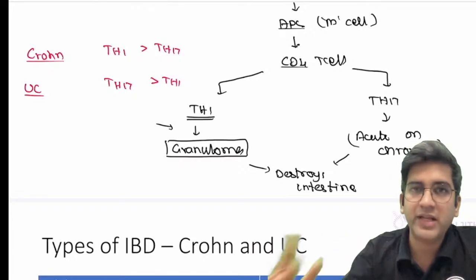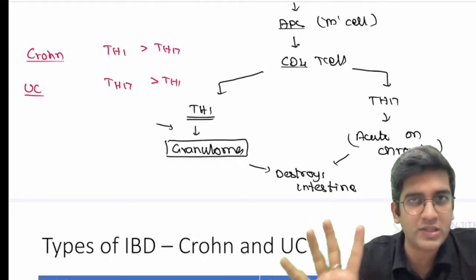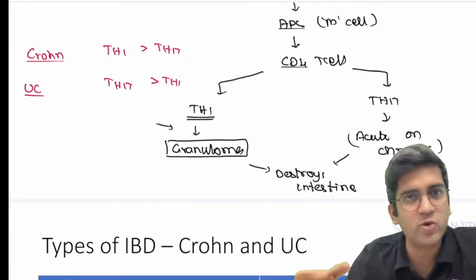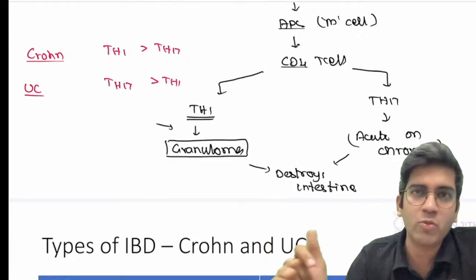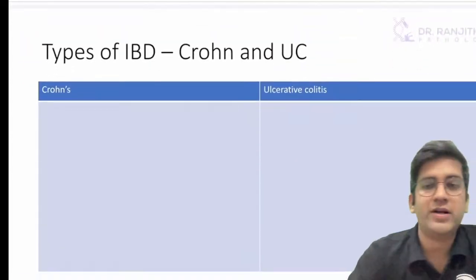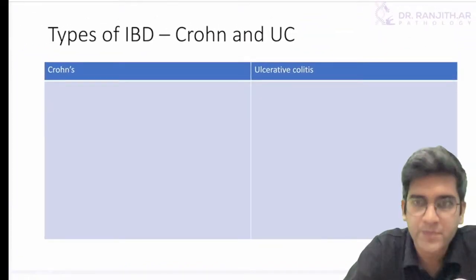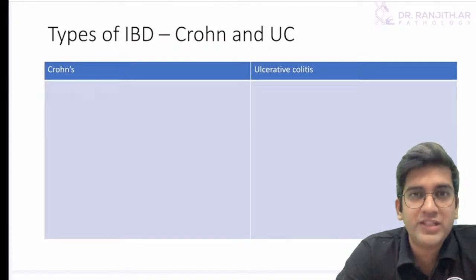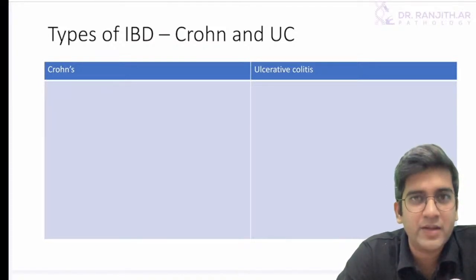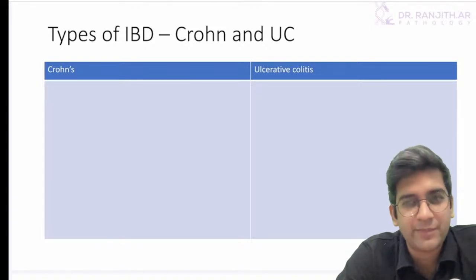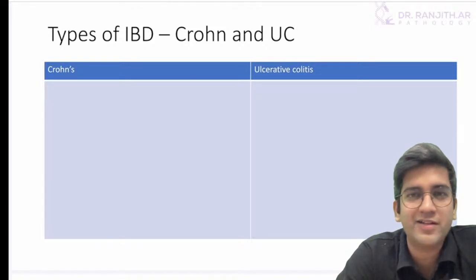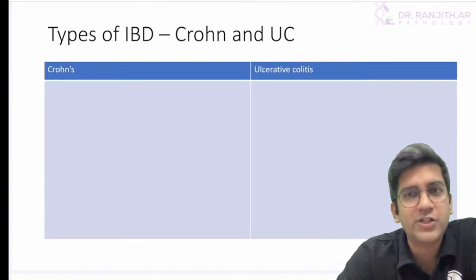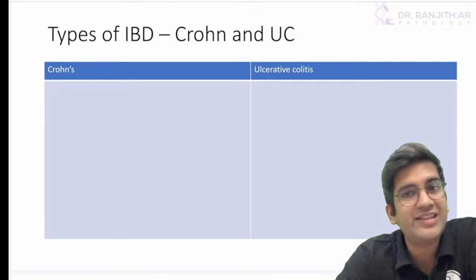It's a simple way. The examiner should know that, okay, this person knows the difference between the two major disorders. It's based on T cell stimulation. If I stimulate more Th1, a different disease, more Th17, a different disease, right? So now we have to write the table for ulcerative colitis and Crohn's. I'm sure we read the table in a very different way. If you have seen the regular videos, I want you to stick to the same way. If you write a table, you're not going to write everything like a robot. You'll not write very fast. You'll write slowly only. That is enough. So the first word you write, automatically the second word will come to mind because everything is linked, right?